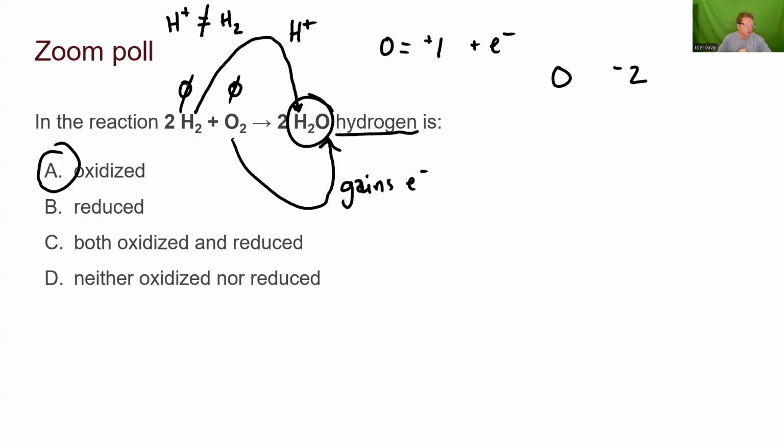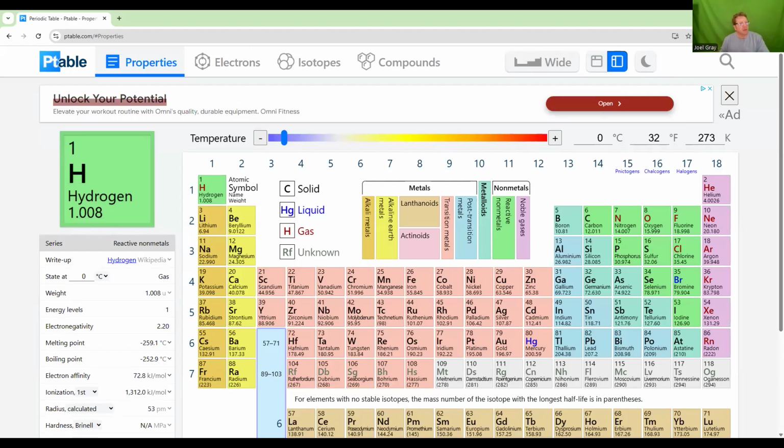Could I tell by the coefficient if it gained? The coefficient isn't going to help you out with that. In order to solve a problem like what we saw right here, what we have to be able to reference is the periodic table. And what we have to be able to do is go back and say, all right, I know the common ions that form in this row, or this row, or this row, or heck, over here.